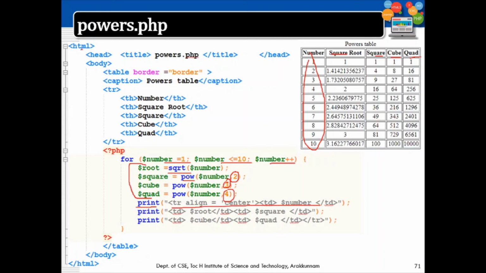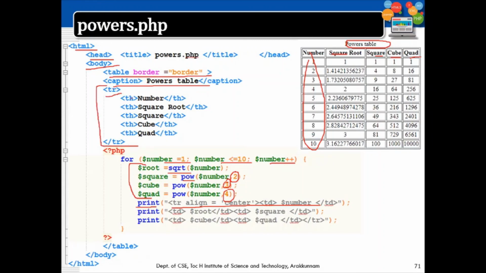So initially I have to do all the settings. So I have HTML, head, body. I am starting a table here. Table border is equal to 1. Then I have given a caption, powers table. It is displayed here. Then I am starting the header part. This is the first row.